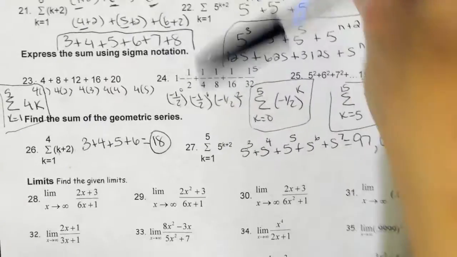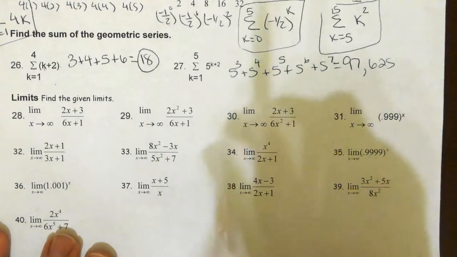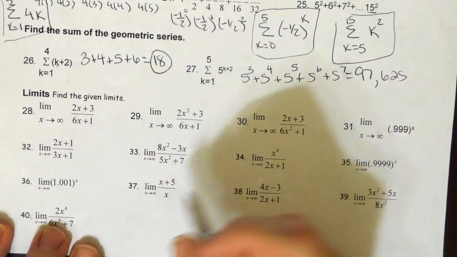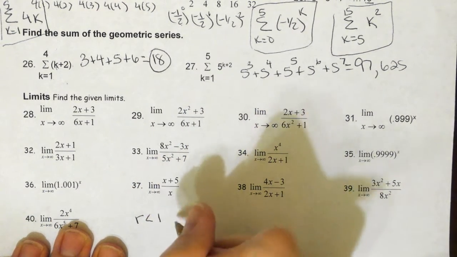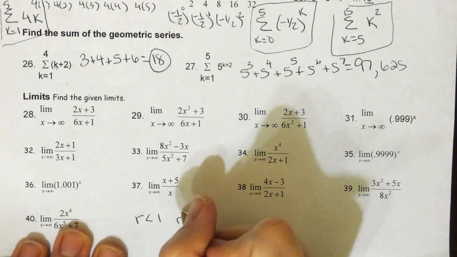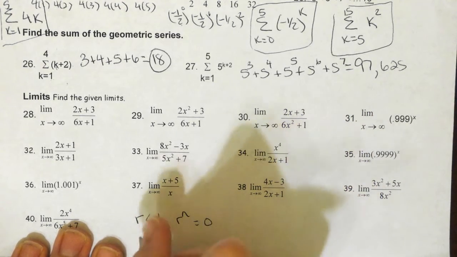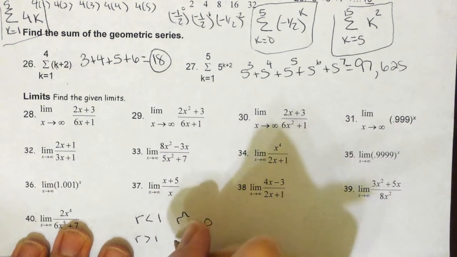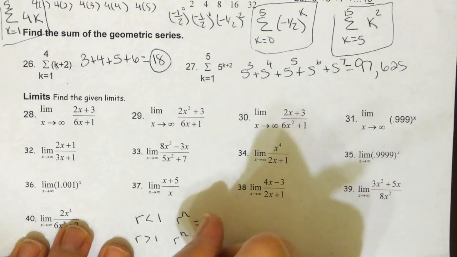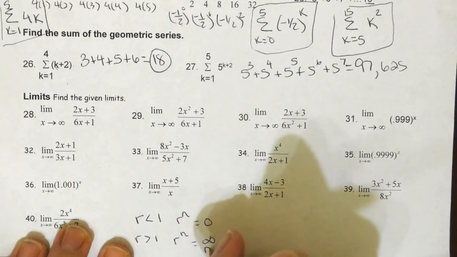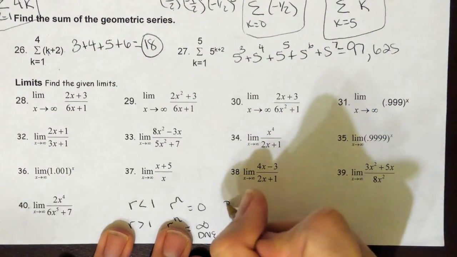97,625. Okay, the last part of your review is limits. And there were 3 rules I told you. I told you if your R was less than 1 and you were raising it to the n power and you were doing a limit, that it was going to approach 0. And I told you if R was greater than 1 to the n power and you were approaching infinity, that it would go off to infinity, which means it does not exist. So I'm going to do these 2 rules first. And then we talked about